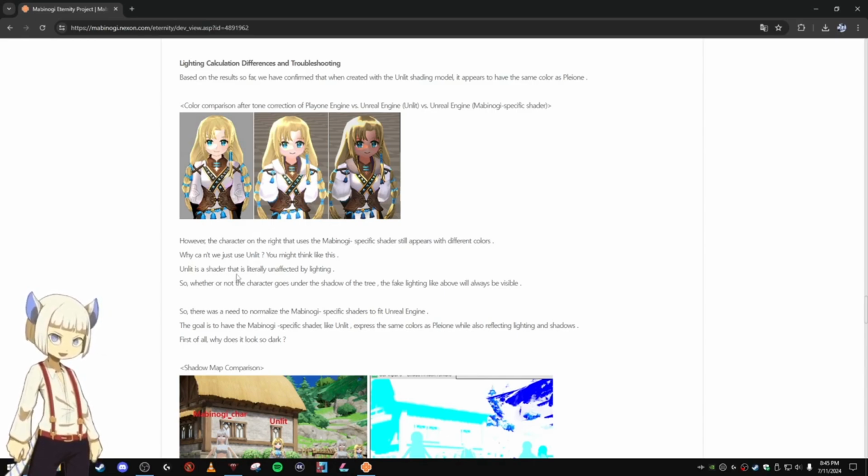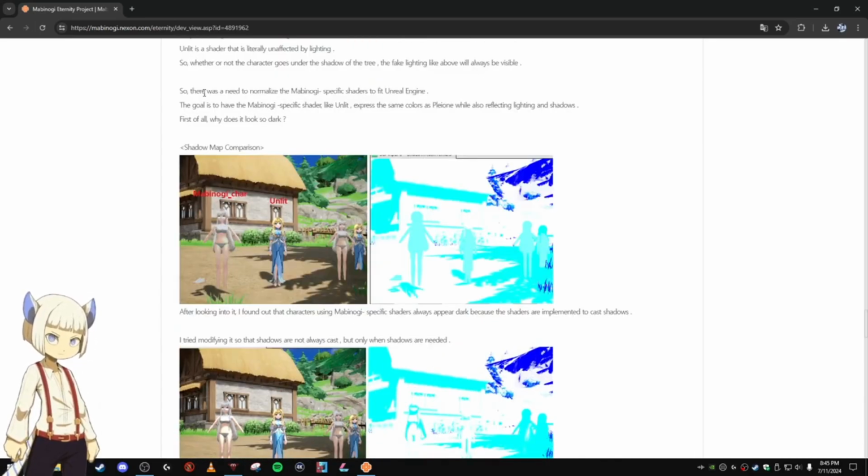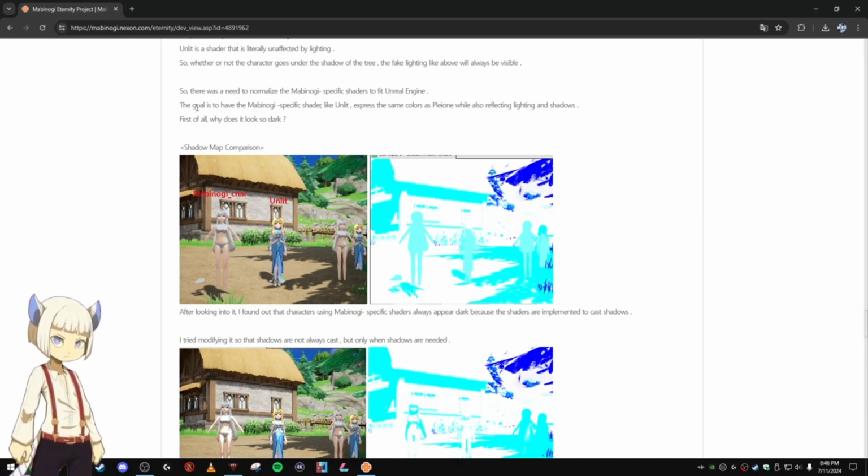Unlit is a shader that is literally unaffected by lighting. So whether or not the character goes under the shadow of the tree, the fake lighting above will always be visible. Yeah, I can see how that could be a problem. So there was a need to normalize the Mabinogi specific shaders to fit Unreal Engine. The goal is to have Mabinogi specific shaders like Unlit express the same colors as Pleon, while also reflecting lighting